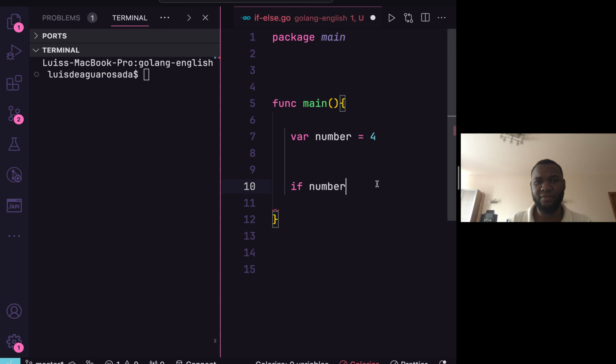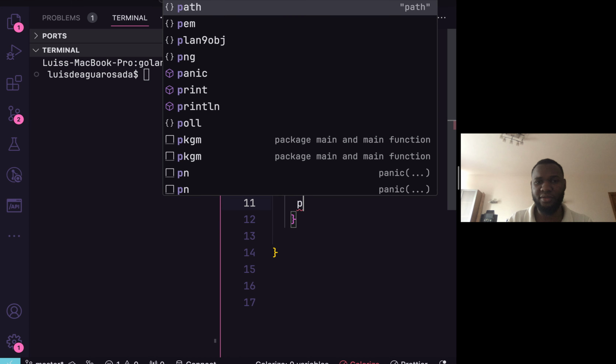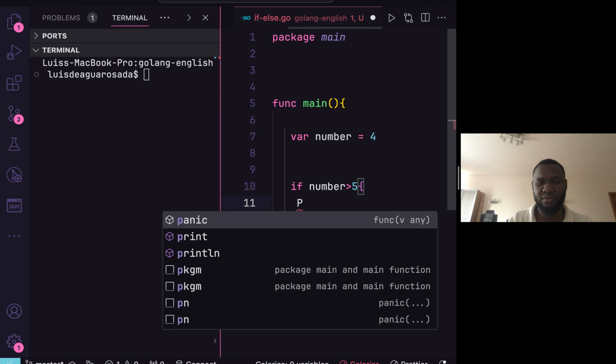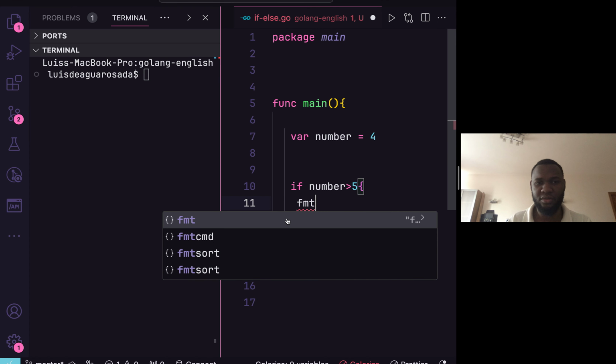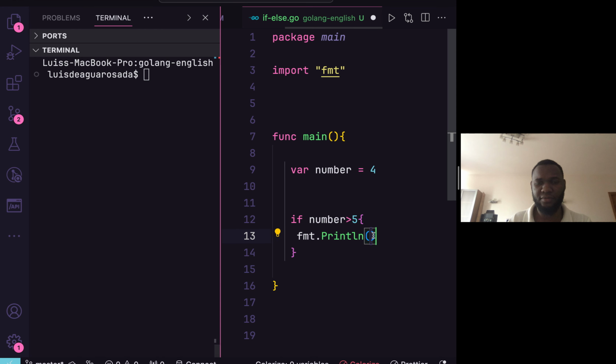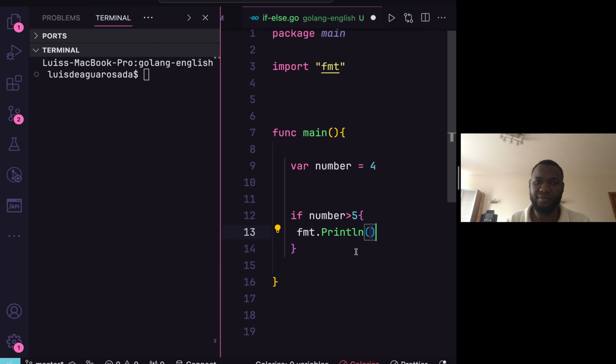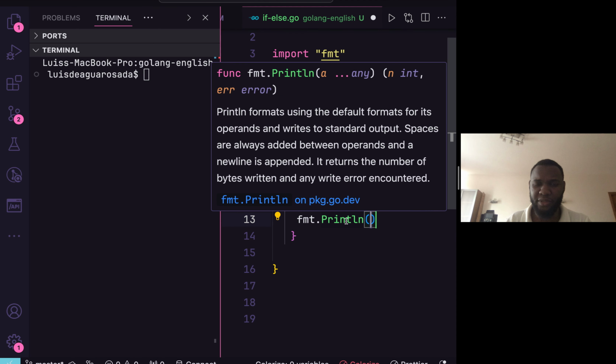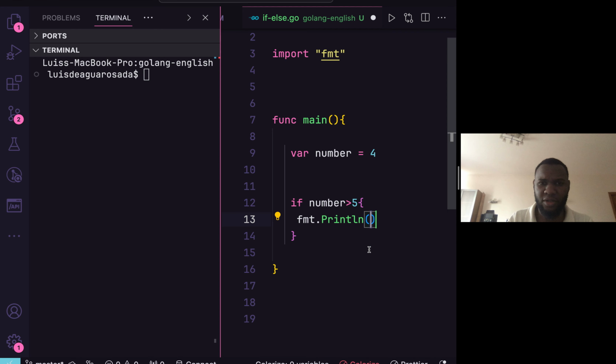number, for example, will be greater than 5, print fmt dot. This whole condition, so you know how to use one thing. Printf. I will type here, for example, something like